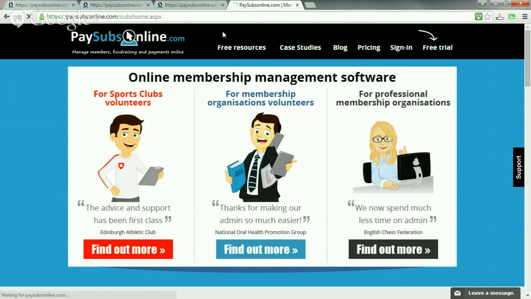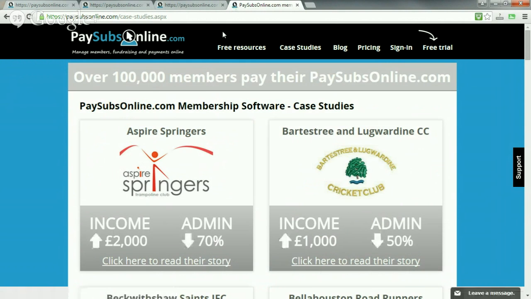So just whilst that's loading up, I'll touch upon the pricing because it's probably the most commonly asked question. So there's 2 elements of cost to the system. One is the cost for the annual license fee. So for up to 200 members, it's £50 a year, and for up to 500 members, it's £75 a year, and it just increments slightly as you go up through the membership levels.